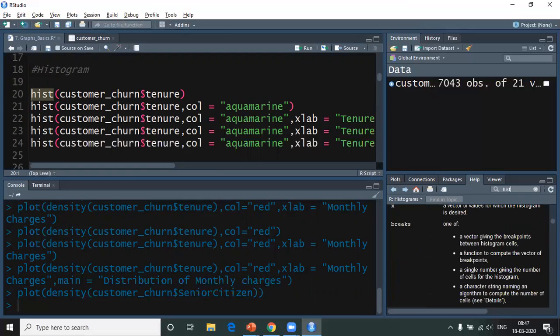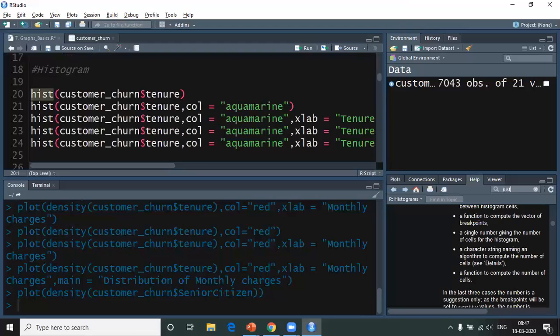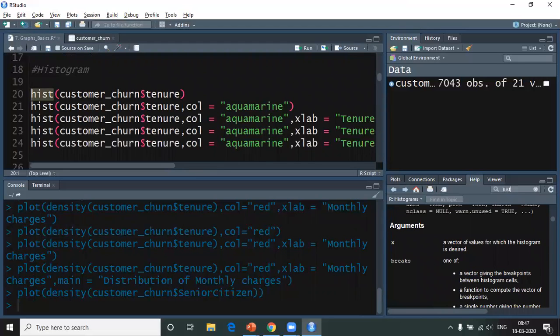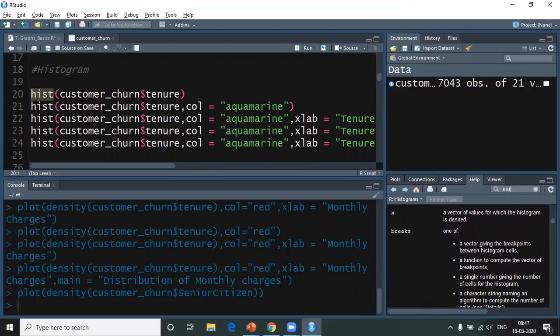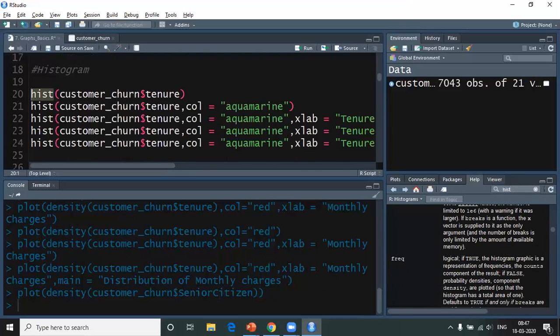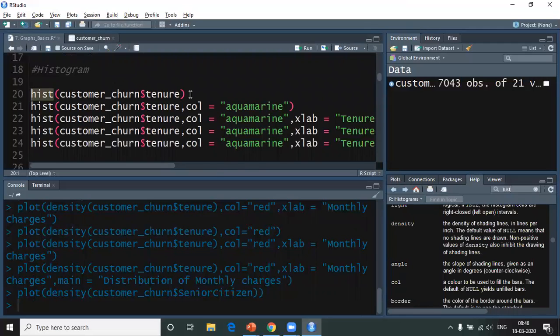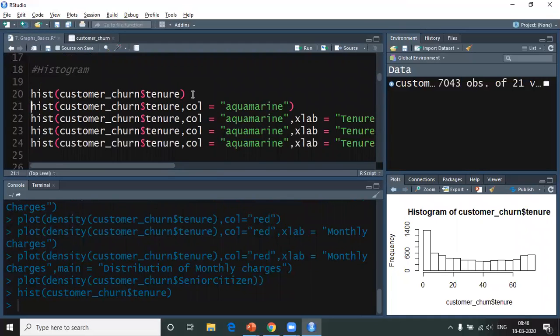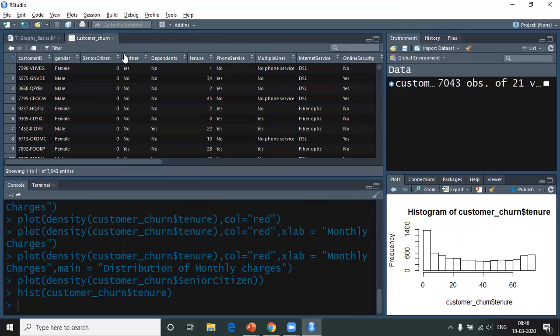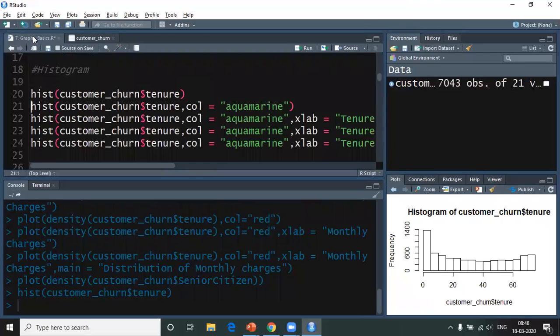Okay, now we all know what a histogram is. Okay, so here you have different features or different attributes that can be used about the breaks and about the interval, which is your frequency, about the probability, about different things. So now let us go ahead and implement a histogram. And the only change I would be doing is tenure. Now again, because tenure is a continuous column, let us see what we would have if I do this for partner.